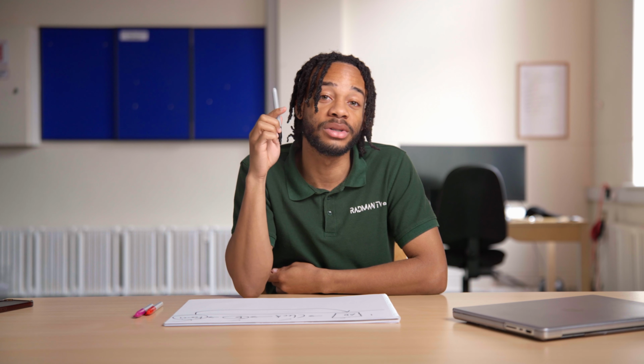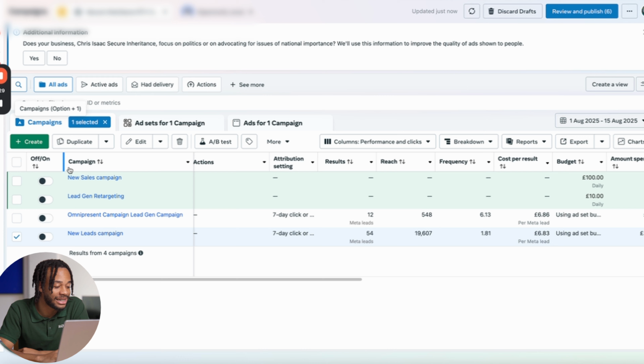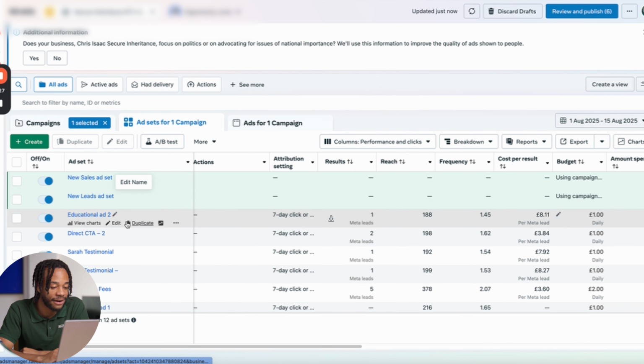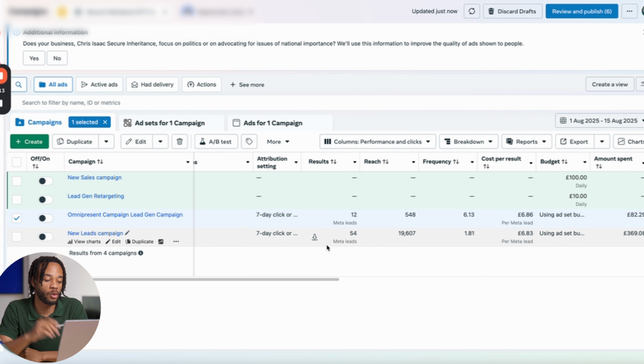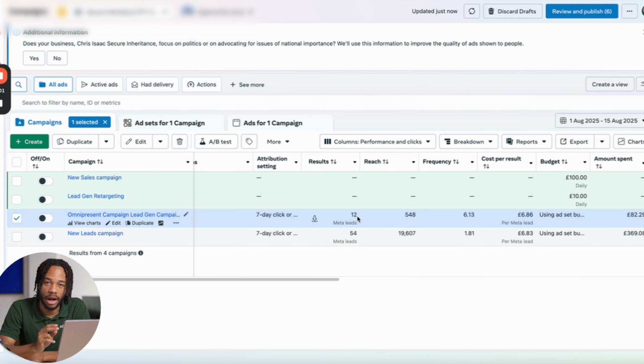Now, I'll show you a quick example of this as well. We were working with a client in the legal space and we had 1 or 2 main ads generating all of the leads for them. Those ads were working really well. But then we had another 10 or so adverts used for retargeting. Whilst the main 2 ads generated the major amount of leads, as you can see here, 54 leads within a 2-week time period, the retargeting ads only brought in an extra 12 leads,